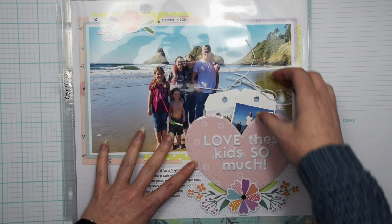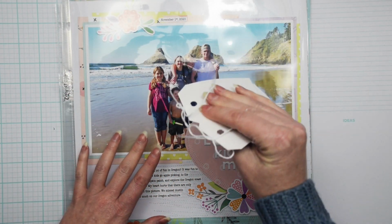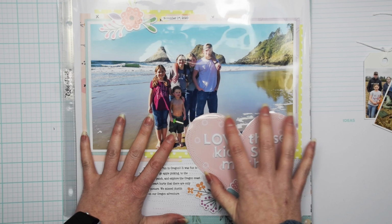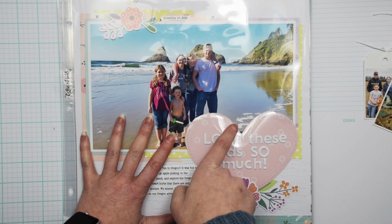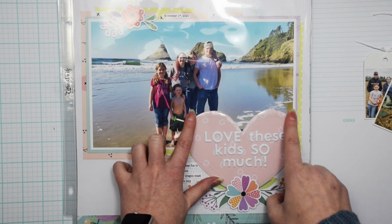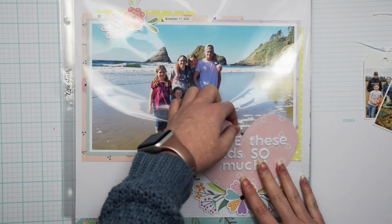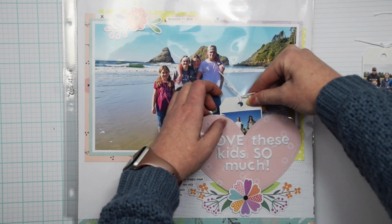And so what I did here was when I put this into a page protector, I took these out and just set them aside for a minute, put the page into the page protector, and then took my craft knife and very carefully just cut through the pocket in the shape of the heart. The cut goes from about here all the way over to about here, and that gives just enough room to tuck these photos in,